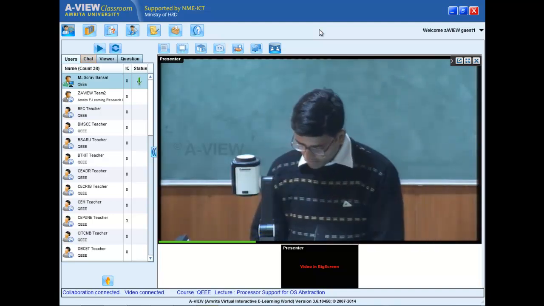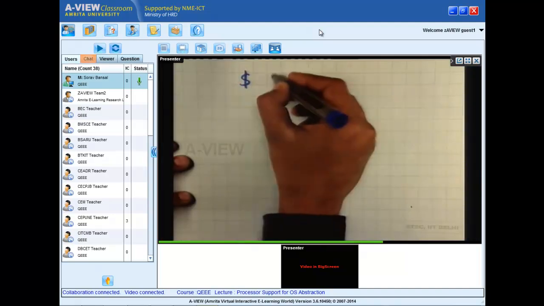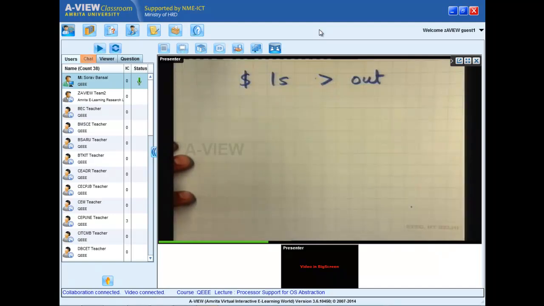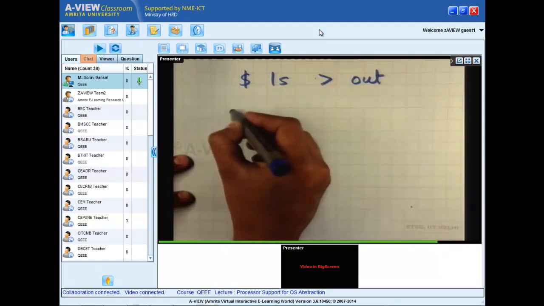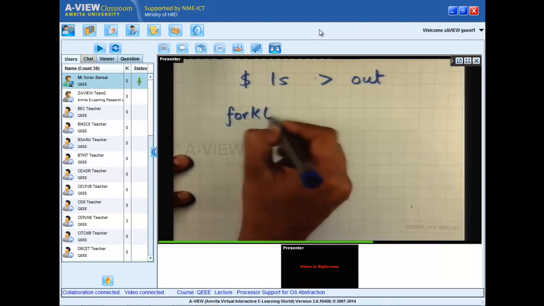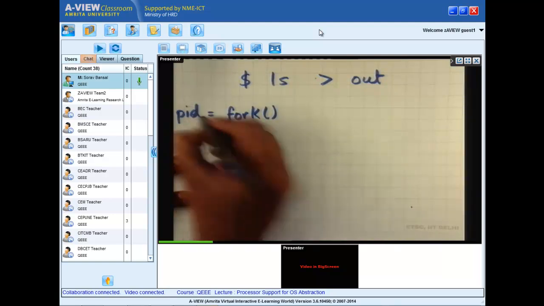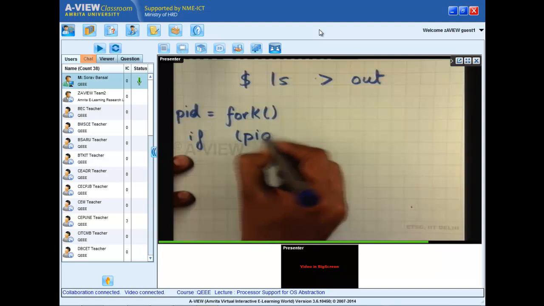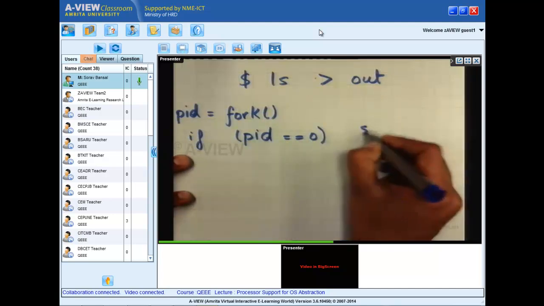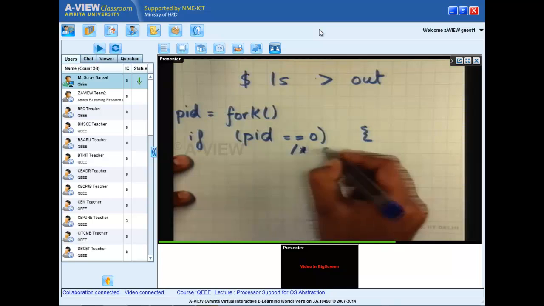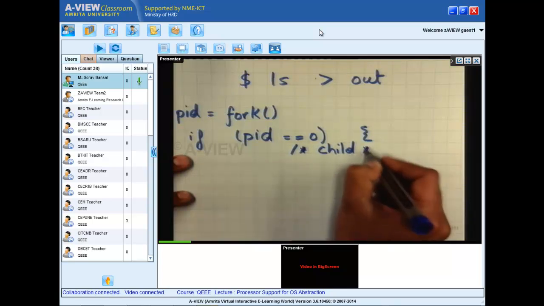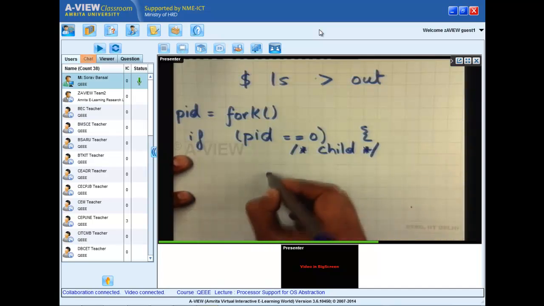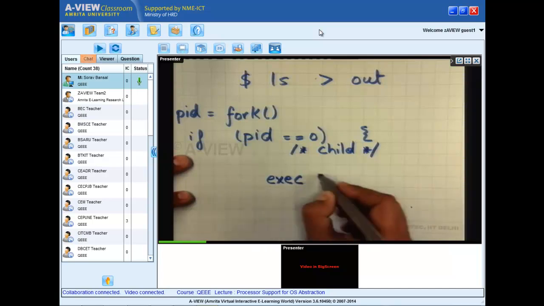Well, it's very simple. If you type ls greater than, let's say, out, then what the shell will do is, just like before, it will call fork first, right? And it will check if PID is equal to 0, then I'm the child. The slash star is basically a comment, and what I'll do is I'll call exec on ls,